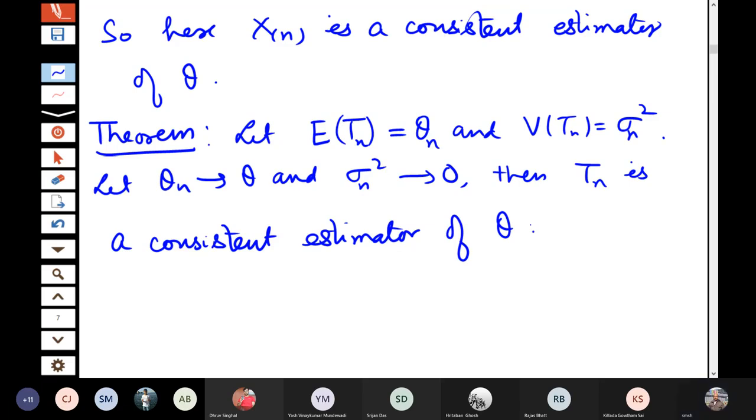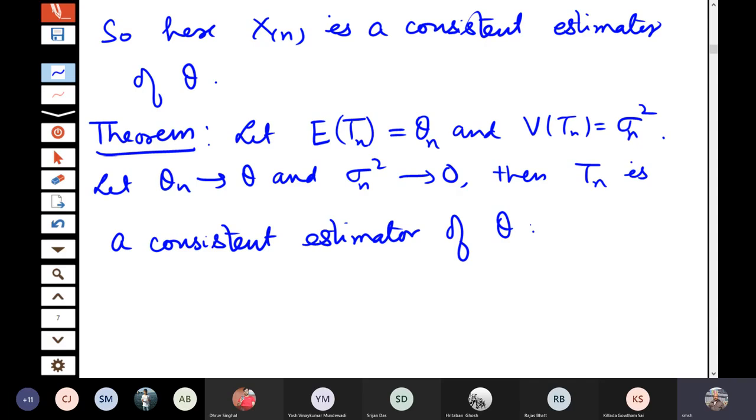So this is the point some of you were mentioning when I asked what we expect when the sample size increases. When the sample size increases, we expect the expected value of the estimator to be closer to the true value and the variability should become less. Of course, the proof of this is very simple. I will not be writing it here.